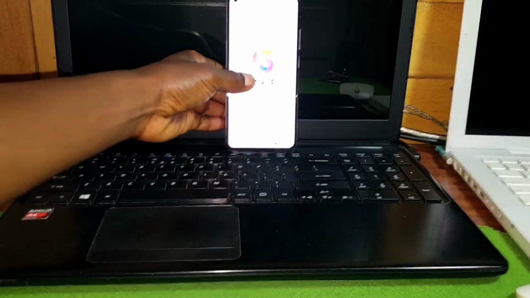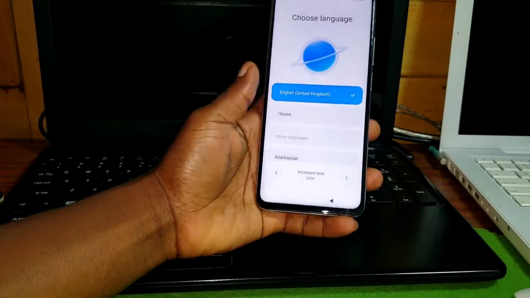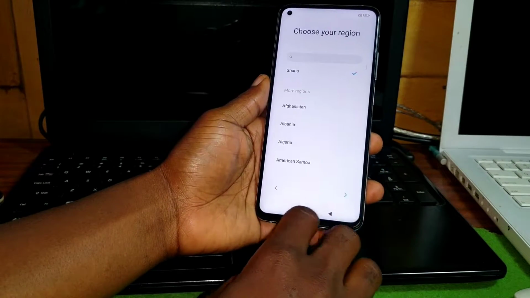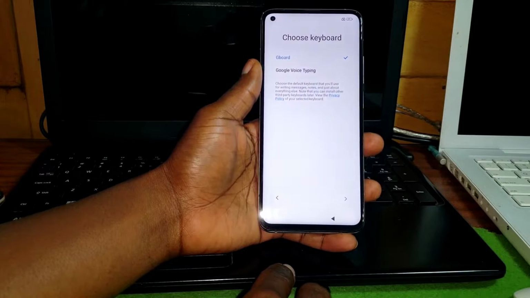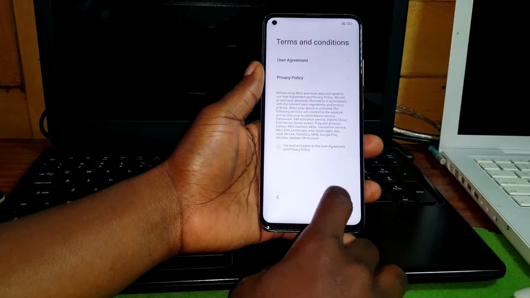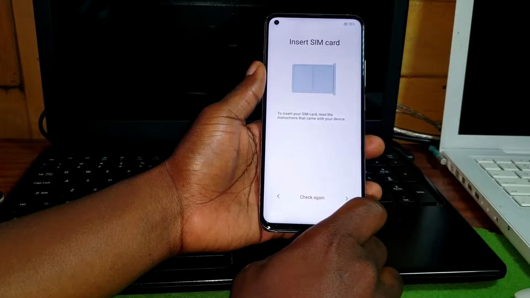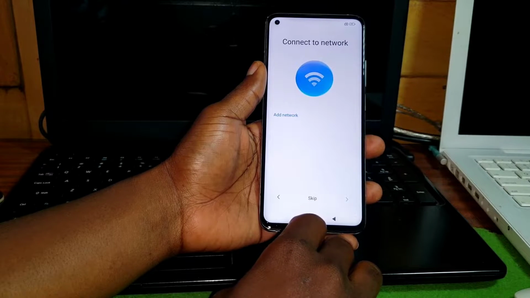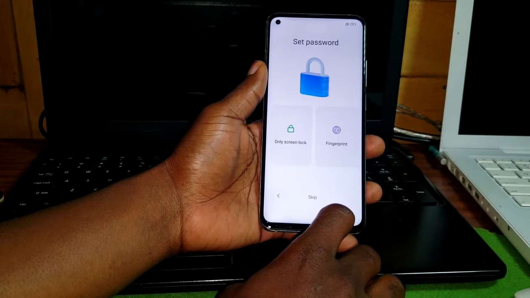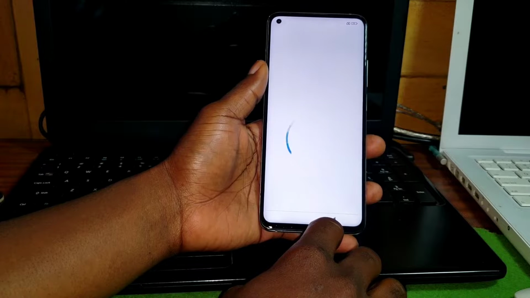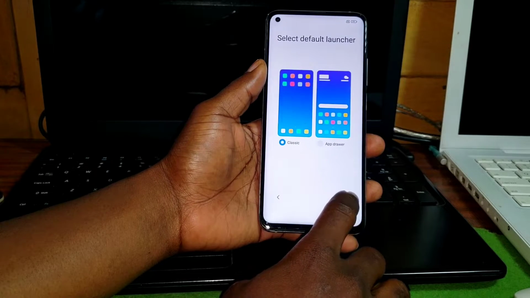So now we are done hard resetting our device, so let's proceed. Now we do not have any content or screen lock on this device, so we can proceed by setting up our device. If you do get stuck on, let's say, the Google lock screen, which means you need to provide your previous Google account to the device and you will be able to proceed. Here I don't have any Google account associated with this device, so I'll be able to set the device